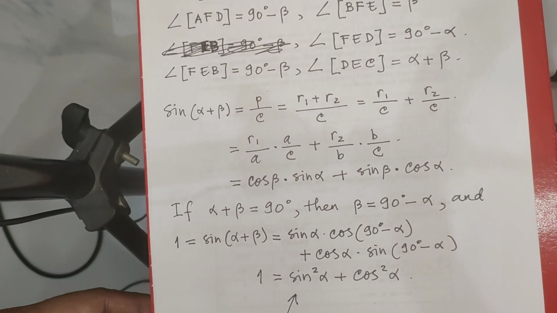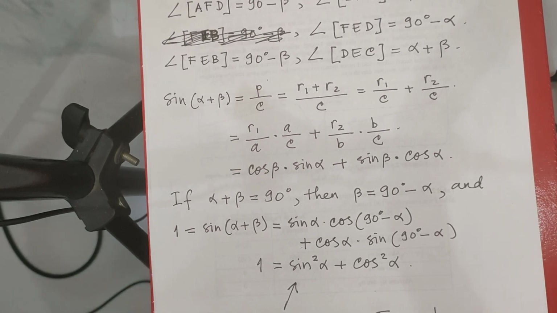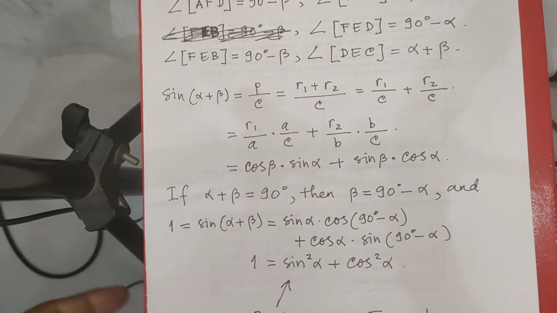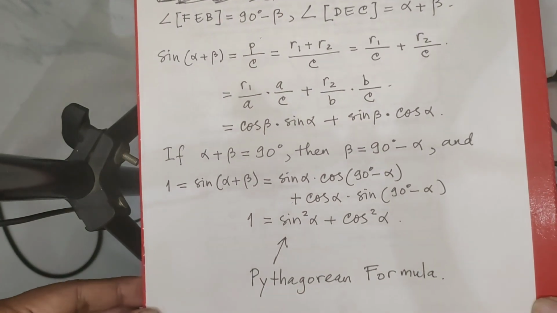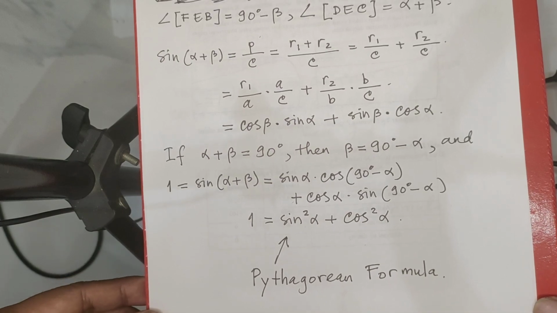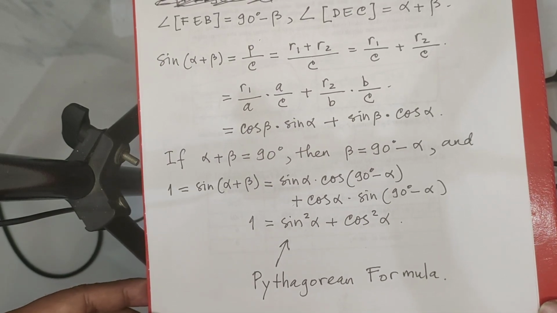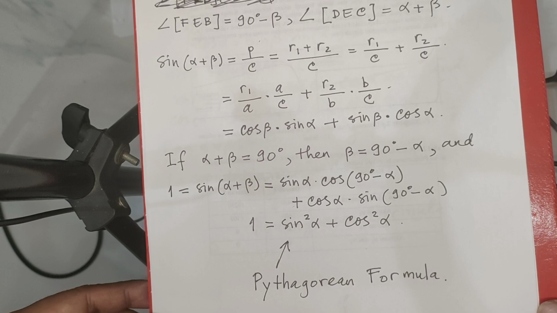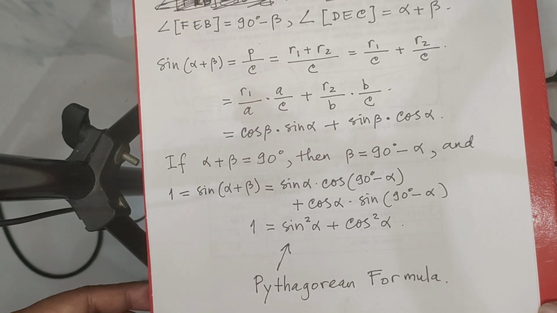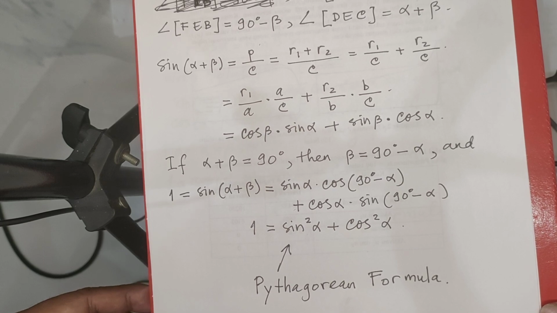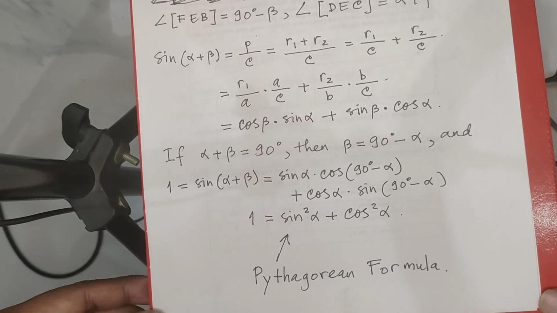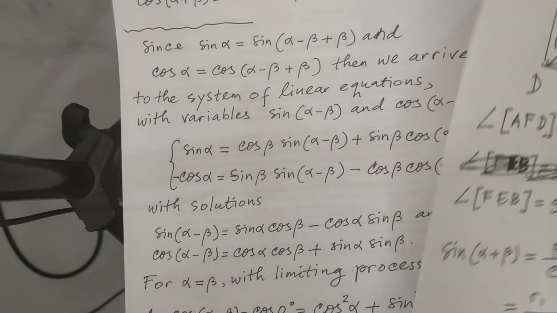Now we come to this. If alpha plus beta equals 90 degrees, then beta is equal to 90 degrees minus alpha. And then we come to the following Pythagorean formula. Now we have already proved that the Pythagorean formula comes from the formula of sine of addition of angles. This is the Pythagorean formula first. The next one,